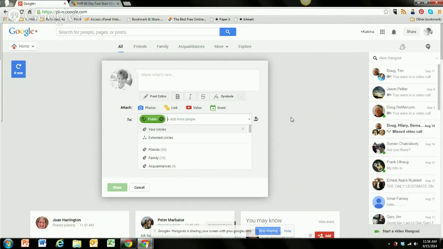And then the extended circles means it's the people that are in your circles and the people that are in their circles. If you hover over it, it tells you right now. It says everyone that's in your circles plus all the people in their circles. So this is that ripple effect. This is where you affect one person and it affects more people, and then that's how things go viral or get shared more or just get you a little bit more exposure outside.